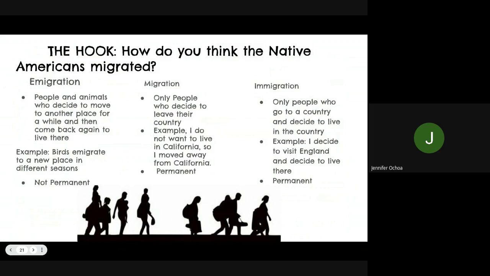And the second one is emigration. That means it is when people leave their country. And the third one is that immigration is where they go to the country to live. And on the next slide,